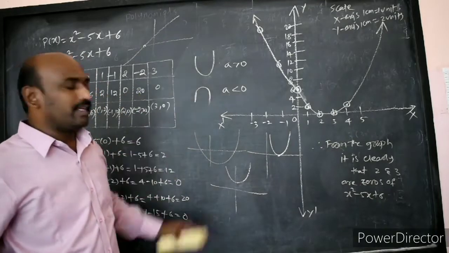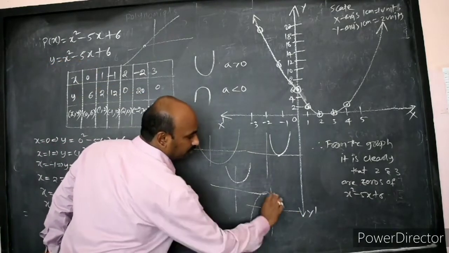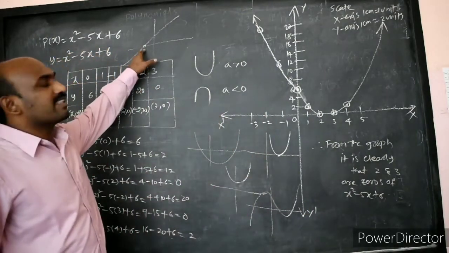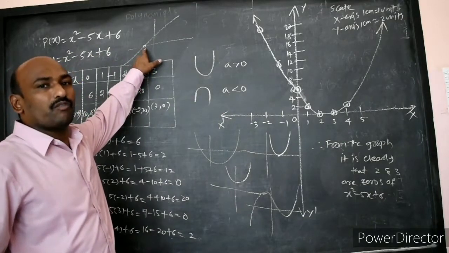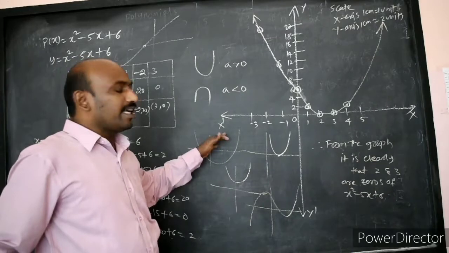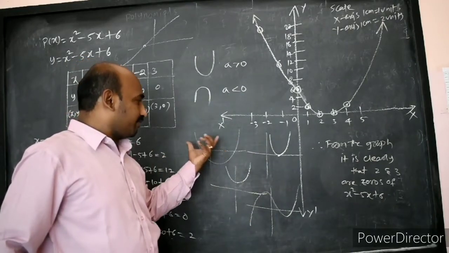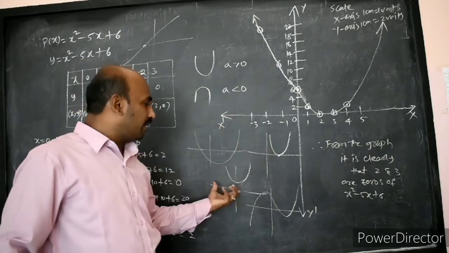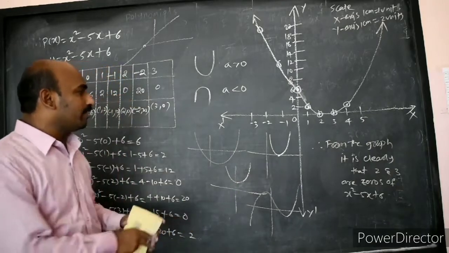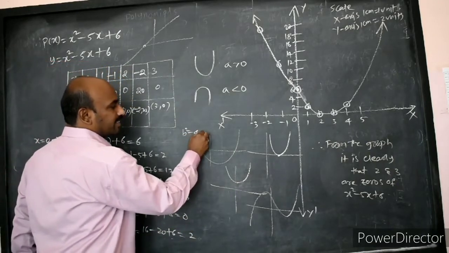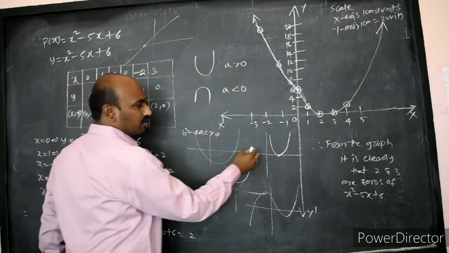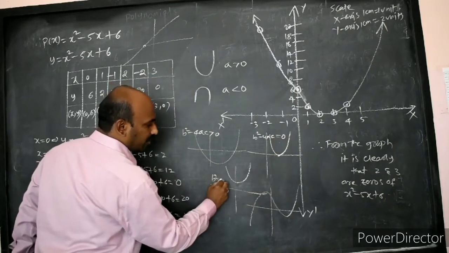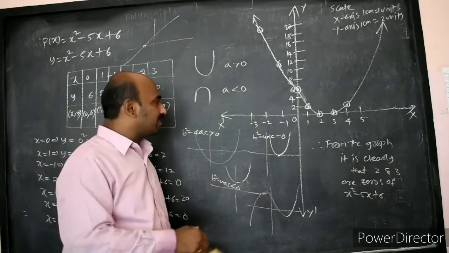If you go to a cubic polynomial, you will get a curve like this. When you take odd power degrees, it will intersect the x axis at least one time, that is, linear one time, cubic also at least one time. But in the even cases, the curve intersects at 2 points. For a quadratic polynomial: 2 points, 2 zeros, 1 zero, and no zeros. And here the conditions are: b square minus 4ac greater than 0, two distinct roots; b square minus 4ac equal to 0, two equal real roots; b square minus 4ac less than 0, no real roots. These are the cases.